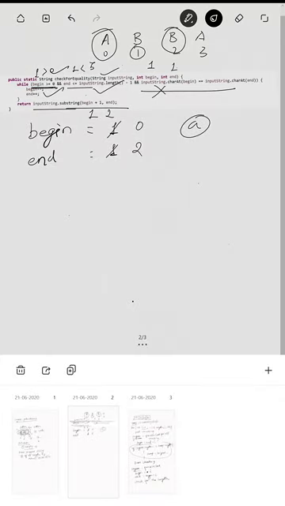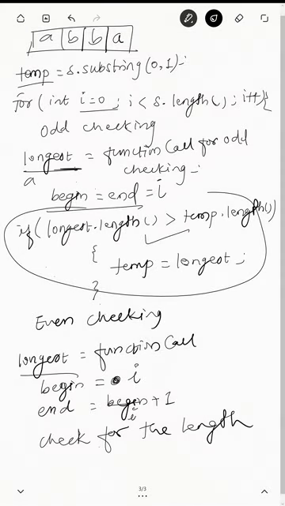But the character at 0 is A and the character at 2 is B, so these two do not match, so this condition becomes false. Hence it will do the substring from 1 to 2, so it is going to return you B. Previously you got one character, now also one character, so the length is not greater.